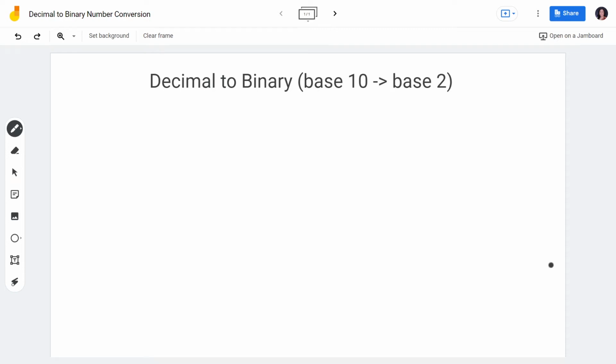So in this video tutorial, we're going to learn how to convert a decimal number to a binary number. A decimal number is base 10 because it has 10 digits, starting from 0, 1, 2, 3, 4, 5, 6, 7, 8, 9, and 9 is the highest digit for decimal. And then we have binary. It's base 2 because it is composed of only two digits, which are 0 and 1. To convert a number from decimal to binary, of course, we start with a given decimal number. So for example, we have